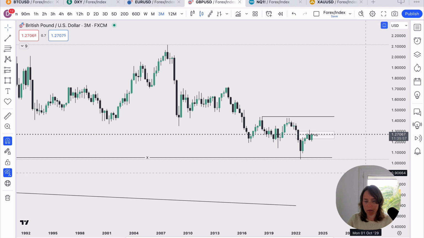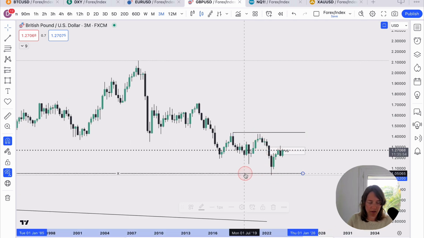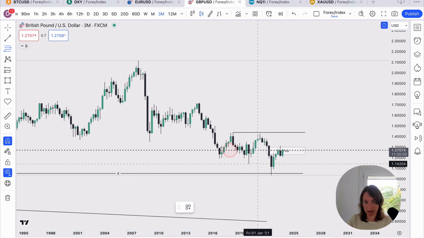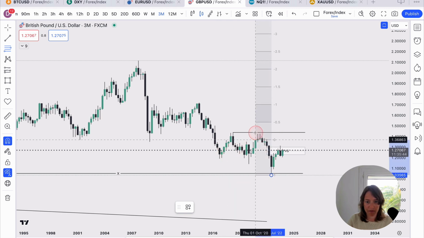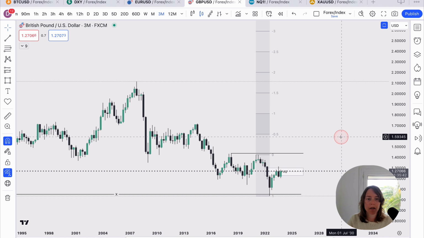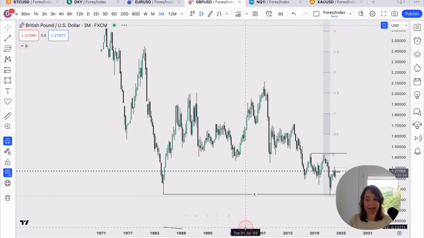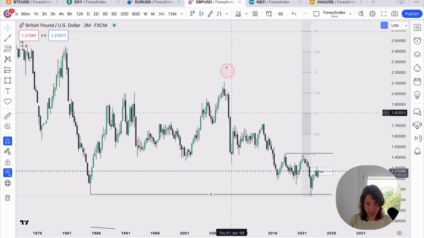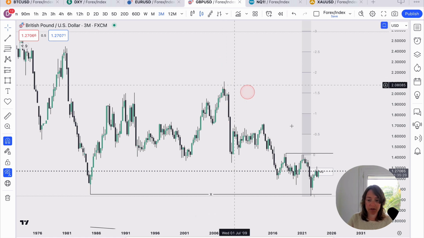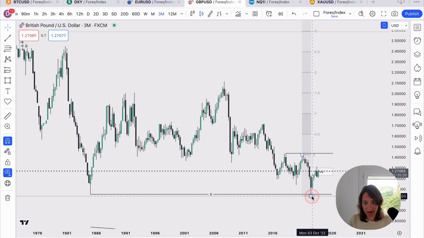But if this indeed was only the manipulation move taking out the yearly low level, and right now we start to see an expansion move, of course, this is like a turtle soup, right? We have the accumulation, manipulation, and if this is the case that we start moving up, then we can also see some massive expansion moves, and this high eventually will be taken. But this is a 3-month chart, so from this high in 2007 to this low that's 15 years, right? So we can only take it day by day. And